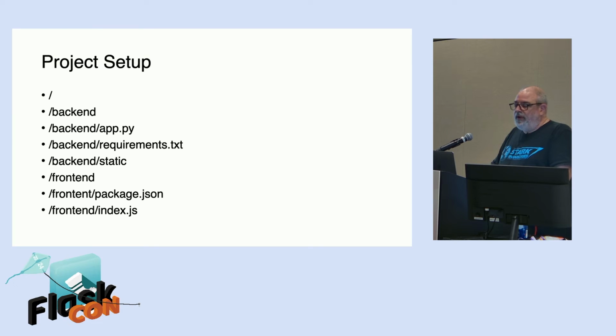The project setup is, this is an example project. The cleanest way to do it is to have just separate backend, front-end directories, and all the backend stuff's in backend, all the front-end stuff's in front-end. That can create complexities, as far as we use Docker, and getting Docker to move the right stuff to the right place, because you've got to build the JavaScript separately, then you build the Python, and that can get confusing and weird. And so we actually went to an alternate setup.